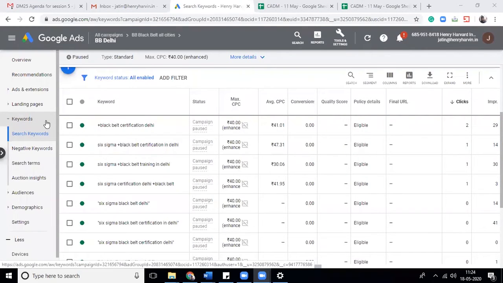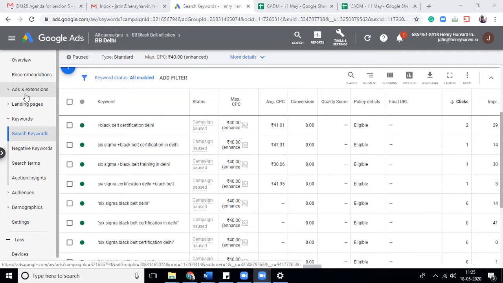So we were running this campaign, and now I will tell you how to create ads. Ads are always created against each ad group. You can't create ads for the whole campaign; you have to create ads for each ad group separately. Keep one thing in mind: whenever you are creating ads, you have to create at least 3 ads.